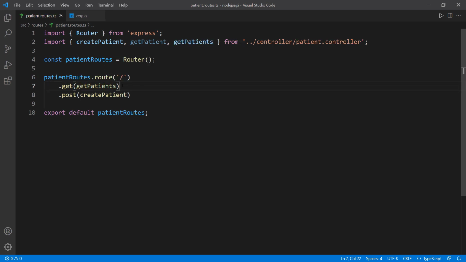So you can go to get patients. If they just go to /patients, it's going to give them all the patients. If it's a get request, if it's a post request, then it's going to go to create patients. And then we need another one. So I'm going to go down. Well, I have to finish this with a semicolon, and then I'm going to go down and then say patient